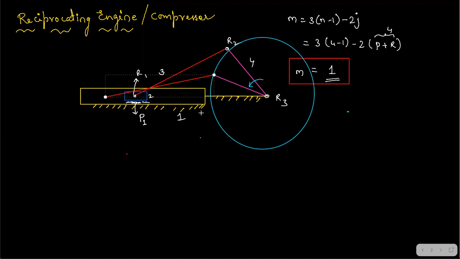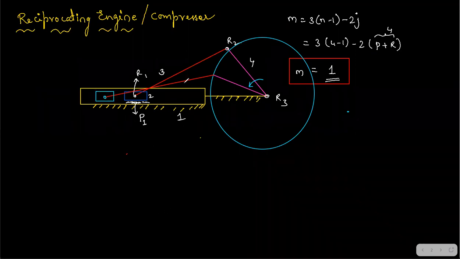And what will happen to the slider? The slider will be pushed further, right? So the new position of the slider will look in this manner, shown in a different color. Now if the crank rotates completely to the diameter, this link will go to the other extreme position. It means it will be at the top dead center. We call it top dead center.